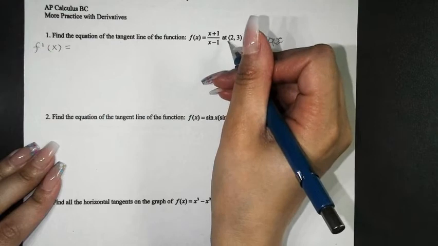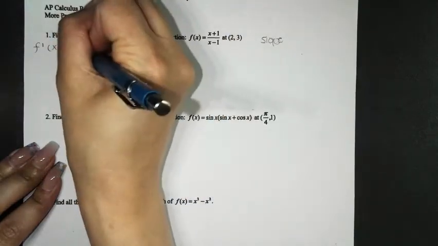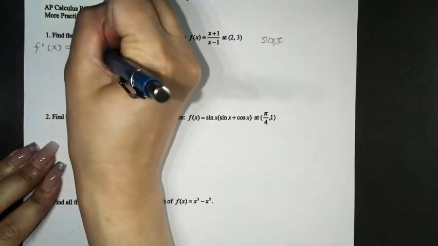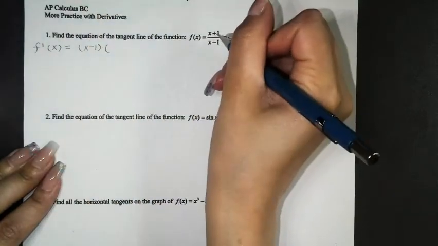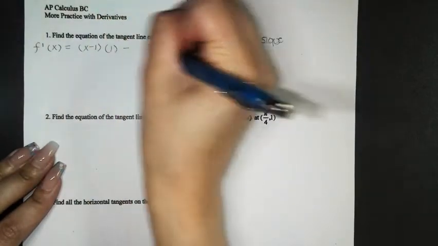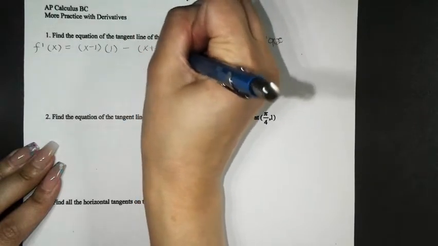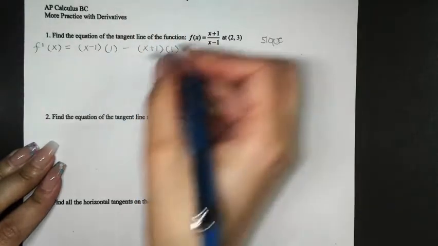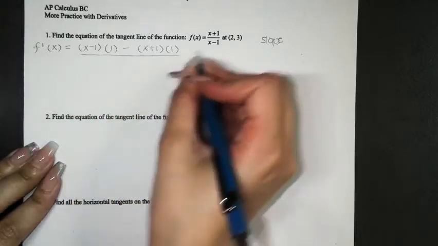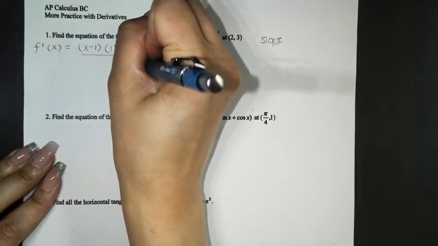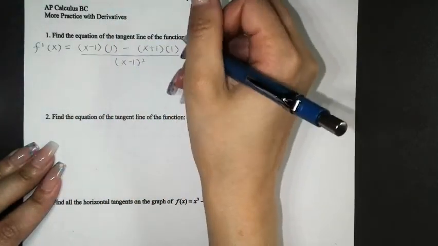Okay, so we know that it's going to be the bottom one times the derivative of the top one, which is 1, minus the top one times the derivative of the bottom one, which you know that it's 1, and everything is going to be divided by the bottom one squared. Once you have this equation,